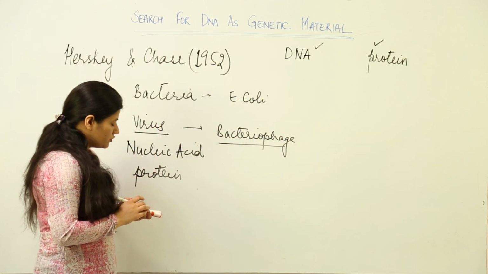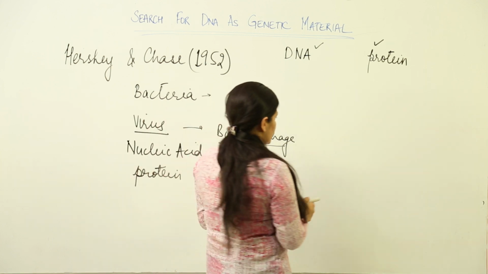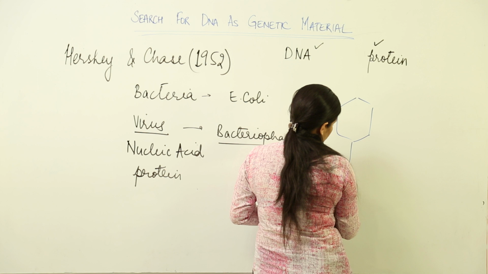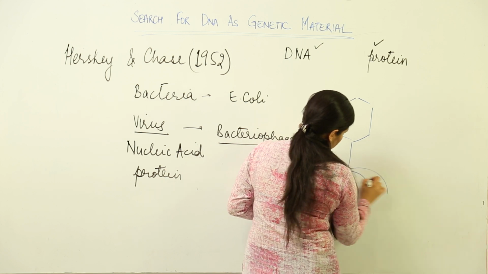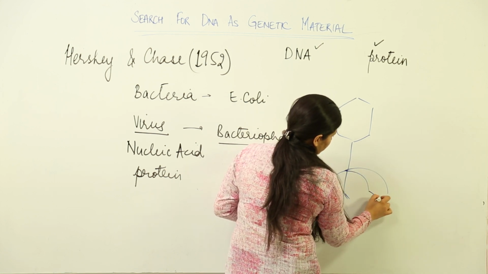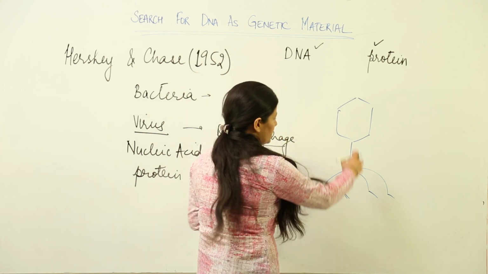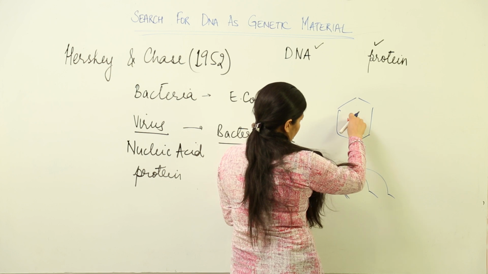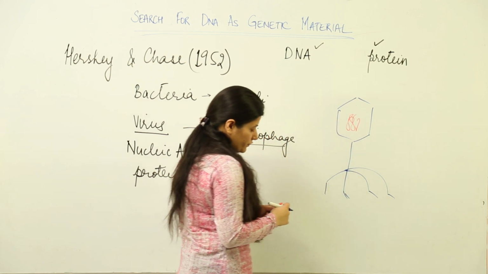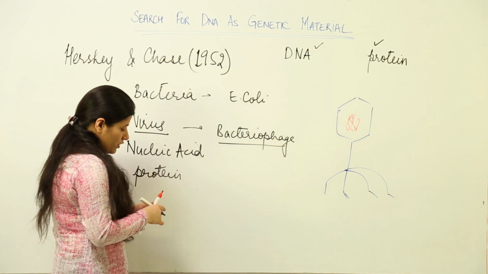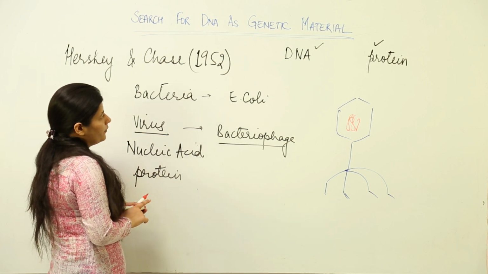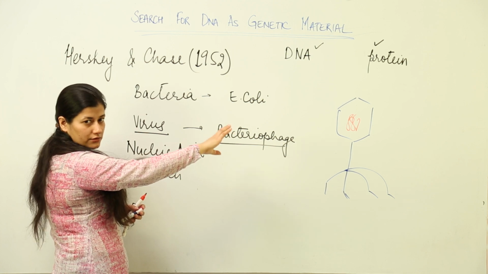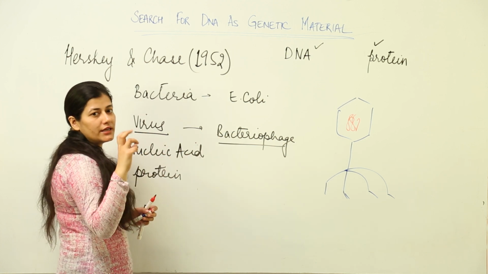Now you know the structure of bacteriophage, what it is like. It has a protein coat capsid like this, and it looks like a weird spider. To me it looks like this. This is the protein coat, and herein lies the DNA, right? This is a bacteriophage. Now you have to use this structure for understanding how, out of these two, protein coat and the DNA, which one is carrying the information.